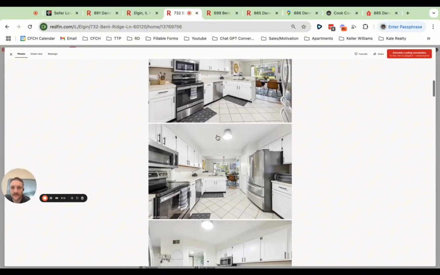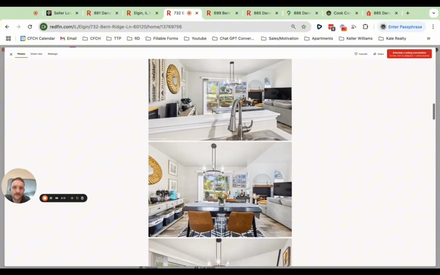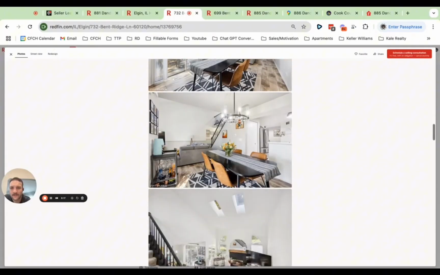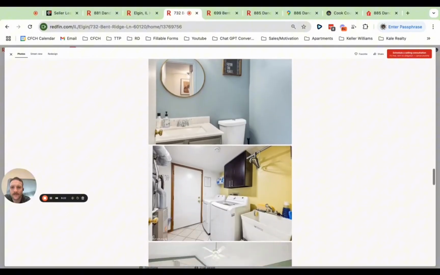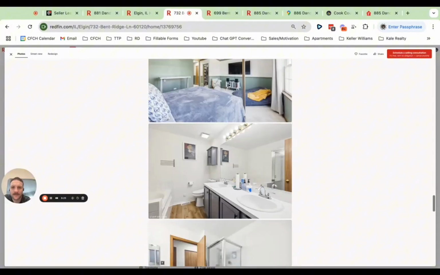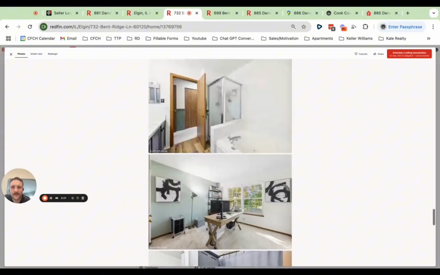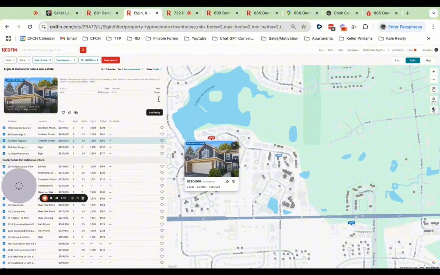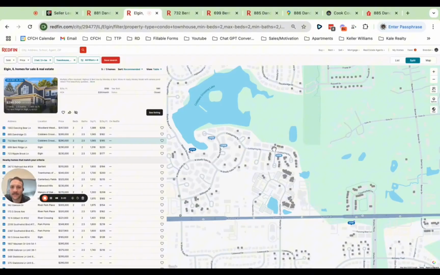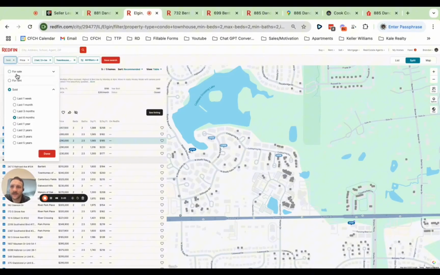Kitchen with Formica countertops, not flipped, probably rental grade, I would describe this as. Bathrooms, again, aren't really updated. So nothing really special here. And we have one at 285, one at 280, and then this one sold at 290. So we can be pretty confident here that as is condition or not updated is selling somewhere between 285 and 290.